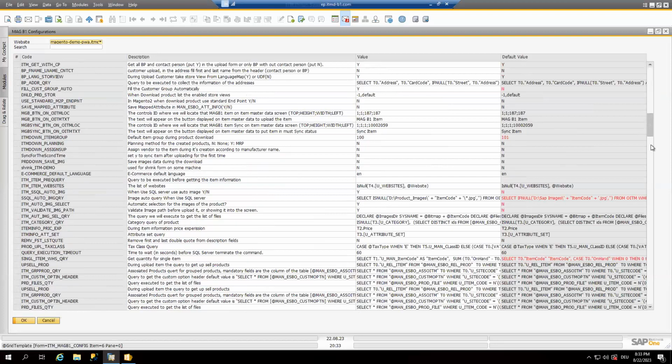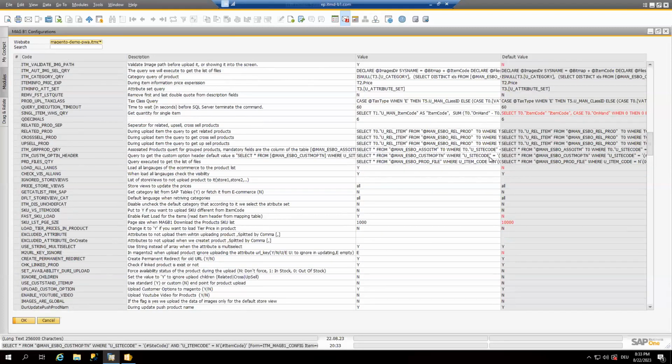So in this table, you can change the way that MAGB1 works. You can do this without any kind of development, just configuration, just adjustment of the behavior of the connector to have the scenario you'd like to have, the business case that you want to have. If this table is still not enough,